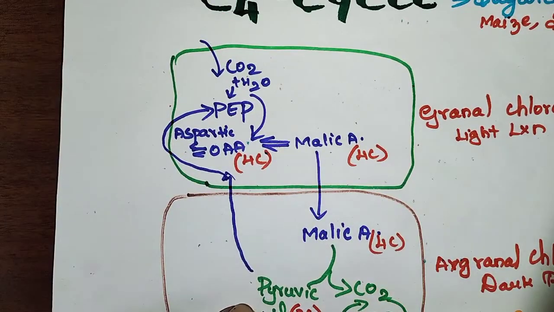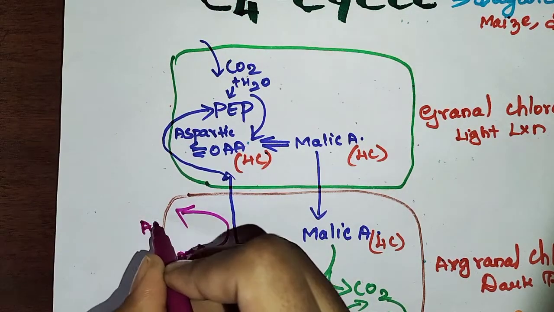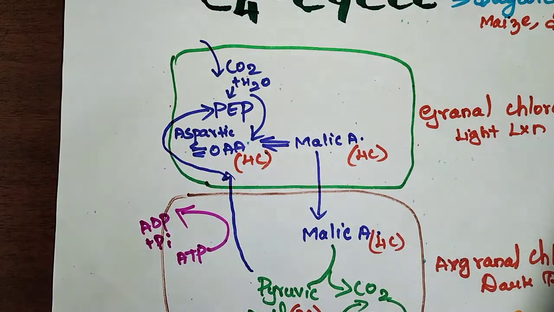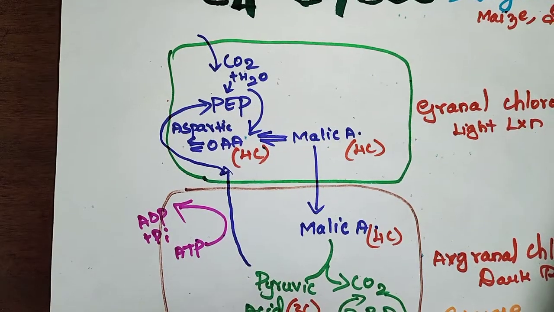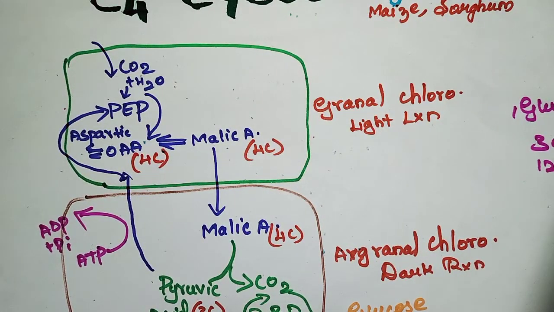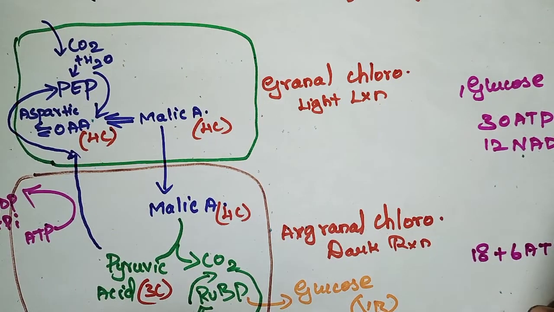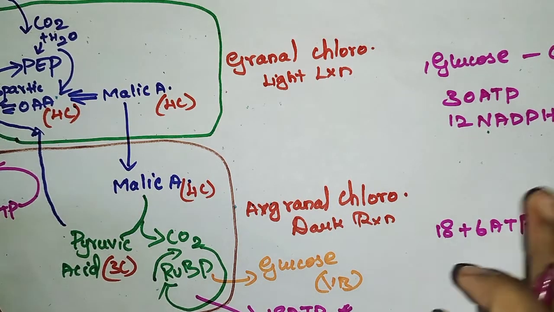See here. This pyruvic acid when regenerate to PEP, 1 ATP is used. Okay. ADP plus inorganic phosphate. Okay. Then also the equation is not balanced here. For one cycle we use 1 ATP. For 6 cycle, for 6 carbon compound, then 6 ATP used. Okay, 6. Then also 18 plus 6 ATPs we get 24 we get. Rest of the 6 where it comes from?